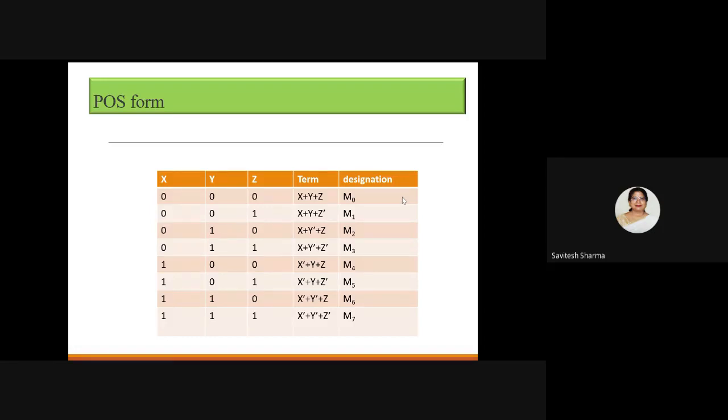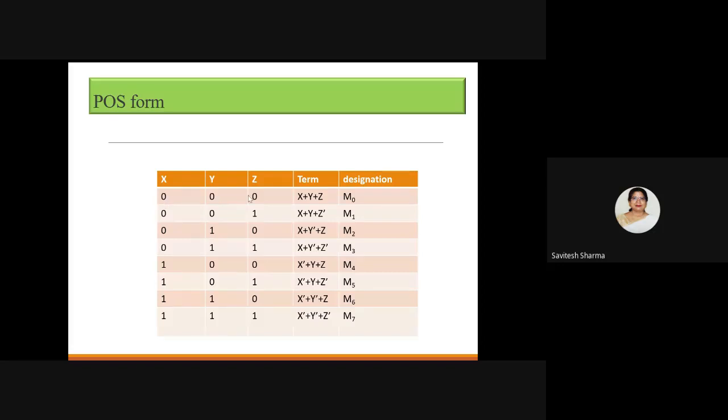You know what is POS form? POS form will use max terms. So a max term corresponds to the combination: if you are taking the variables, you will OR all the variables in the combination. So you see here I am showing you x, y, z, three variables, and for the combination